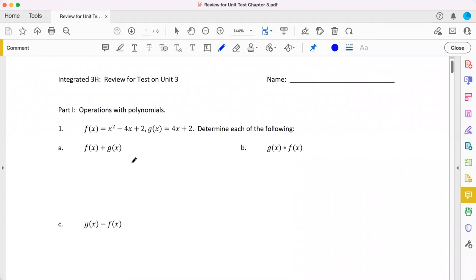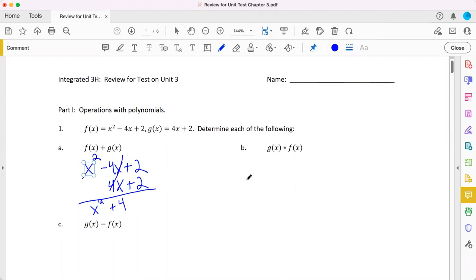We started with these operations on them. It was pretty simple. You could take f of x, rewrite it in all of its glory, and just add g of x. Simple. Just rewrite it. Do your best to make sure that the terms are like. So top down, x squared's there. This cancels, interestingly enough, leaving you with plus